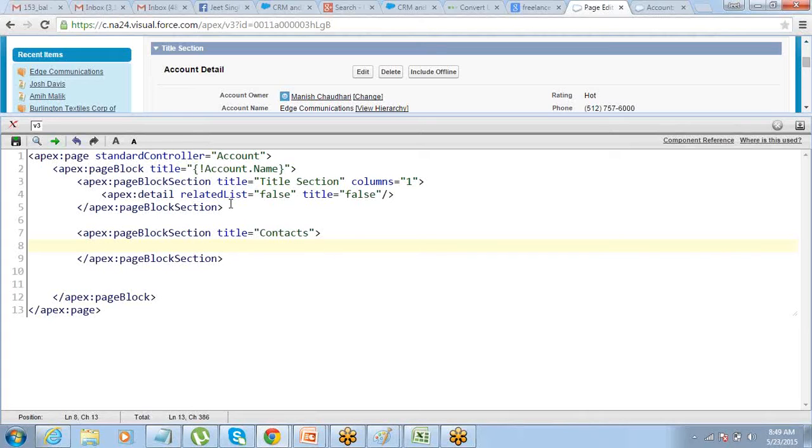So for that we have to use another component which is called Apex related list.